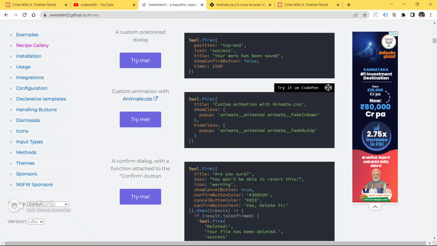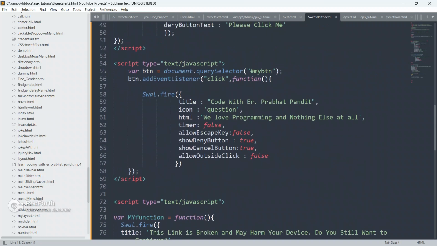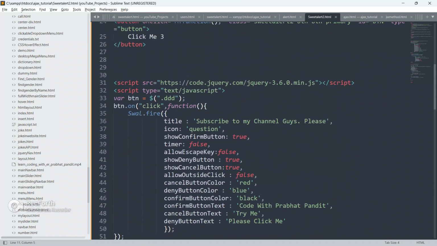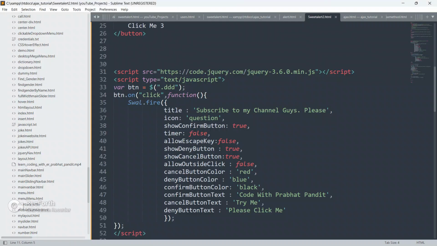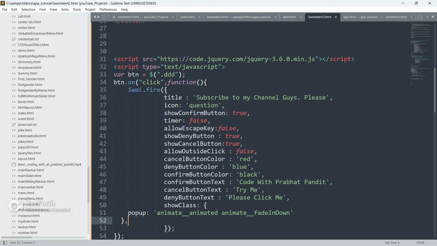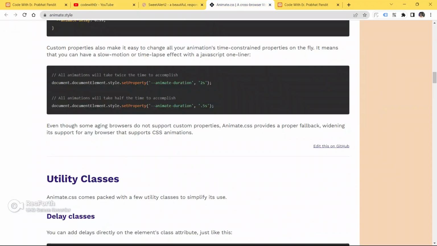Okay, so just go here and copy this and paste it in any of your modal, and let's see if it works for us or not.